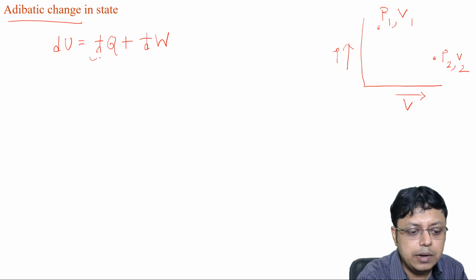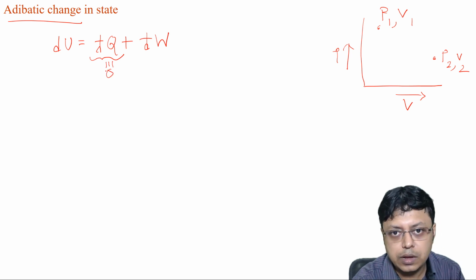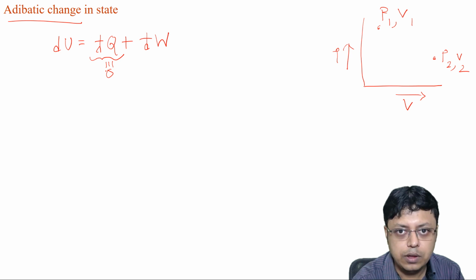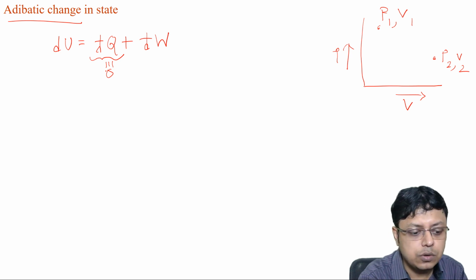Now for an adiabatic change in state, đq must be equal to 0 as there is no heat flow across the boundary. So we can write